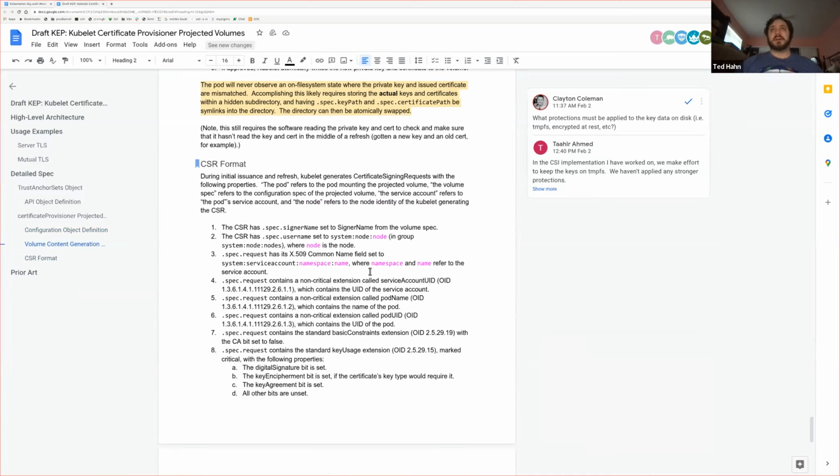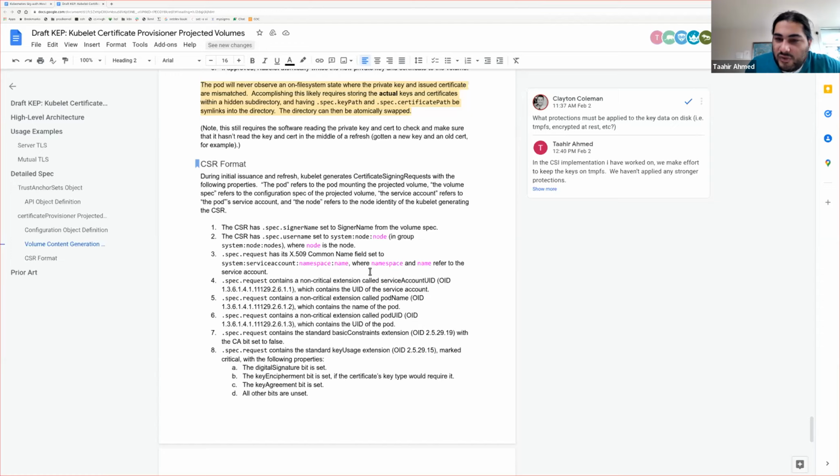I guess pod.spec.volume name might be something that we could add to the CSR format. That seems reasonable. Like add the volume name directly. Yeah, and then you could say that the volume name is www.foo.com, and that would be enough for the